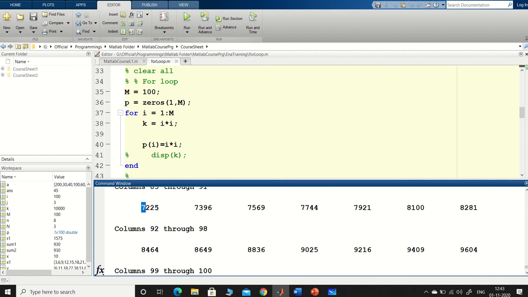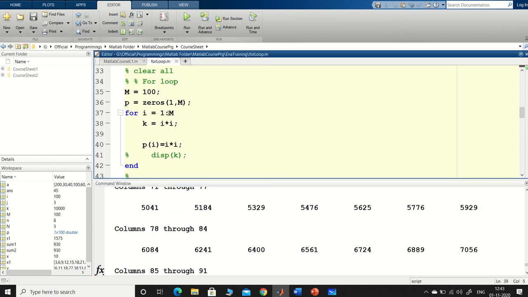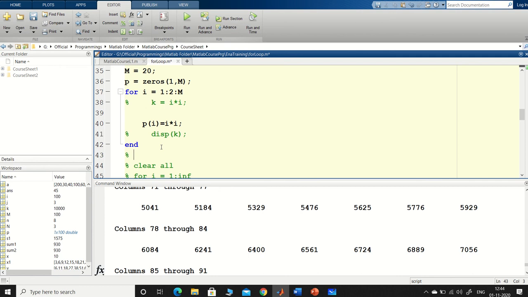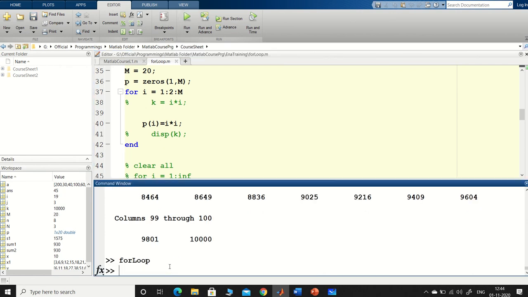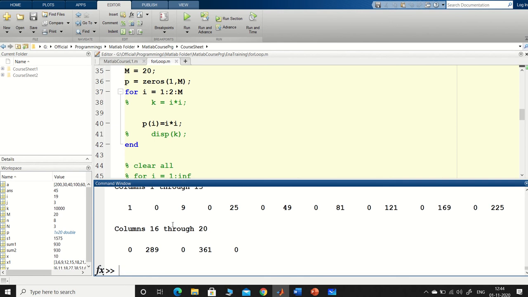Okay, so like this, see all these squares are got it. Now suppose you don't want this much, you want up to 20, and you want not continuously but in a step of 2s. So this k is not needed, I can just remove this, only i I will keep it. So what will happen is, I'll just put it here p. So let's see now what is going to happen. P, so what it has done is 1, 9, 25, 49, 81, like I mean 7 square, 9 square, 11 square, like that it has done it.